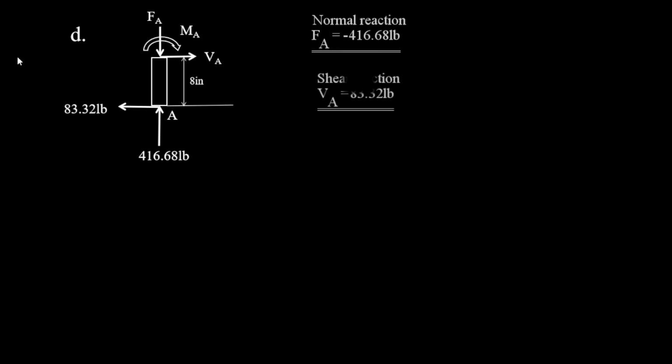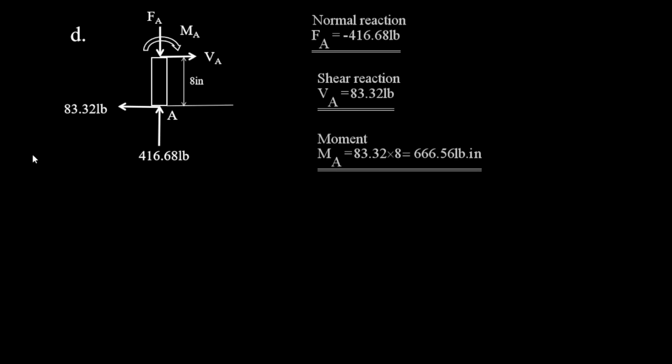That will give us our normal, in terms of our axial stress. Then our shear stress is going to be in terms of AX, which is 83.32, and a shear VA. And then there will be a moment, MA. So there will be three reactions: a normal, a shear, and a moment. For the normal reaction, we are going to get negative 416.68, showing that it's in compression. Then our shear is going to be 83.32, and our moment is going to be 83.32 times 8. That's from the AE. So that gives us our moment, and those are our